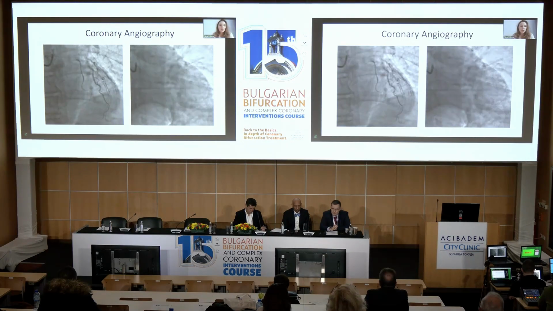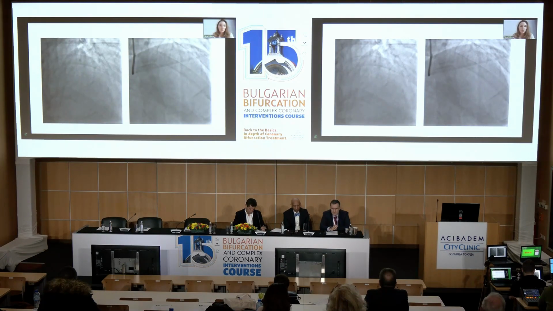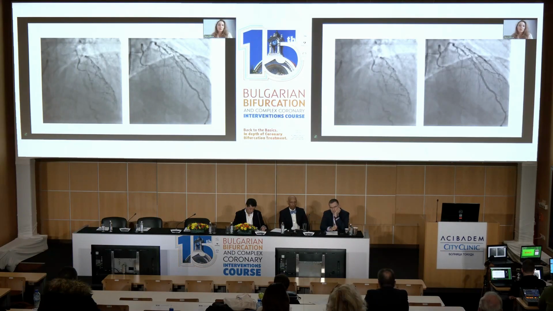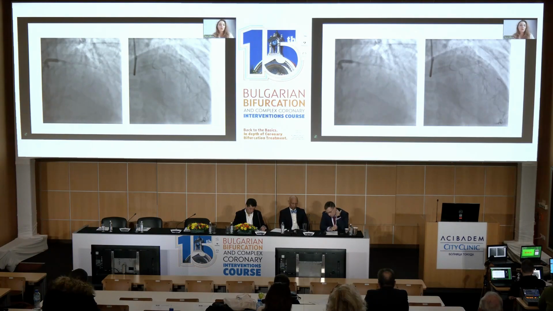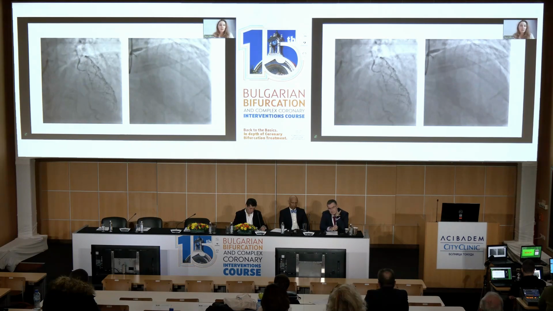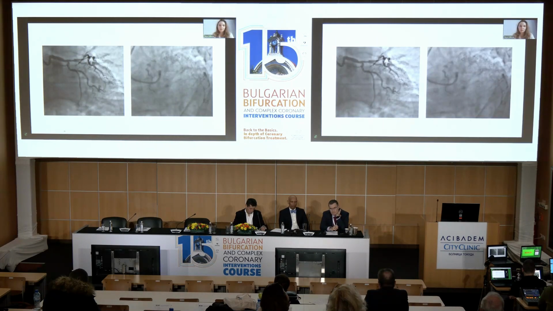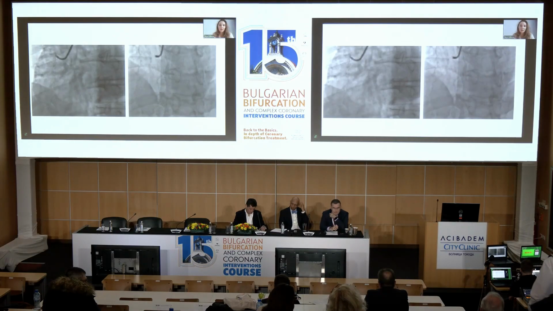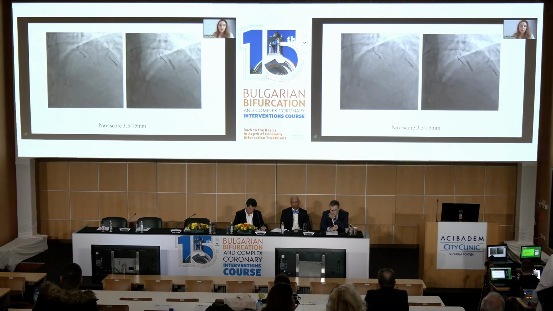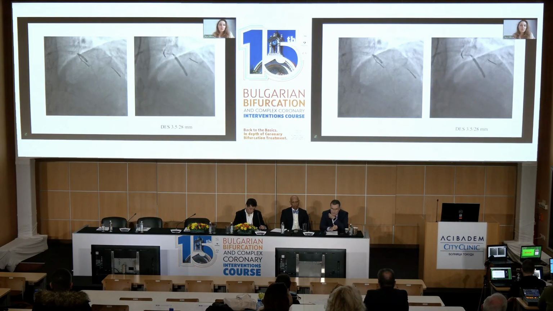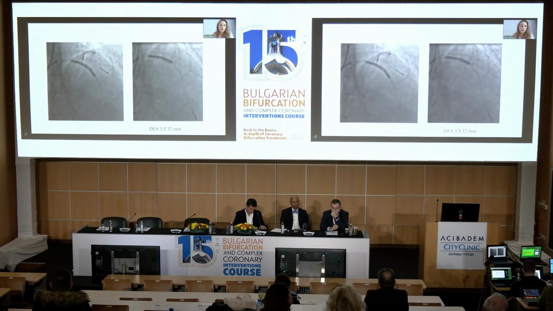Here, I think you can see all the foreshortening, all the overlap between the vessels. However, knowing all the information beforehand, we go into the cath lab with a plan. So first, we started with scoring balloon angioplasty in the proximal segment of the LAD, exactly in this calcific lesion that you saw from the CT. Then the implantation of the proximal stent,